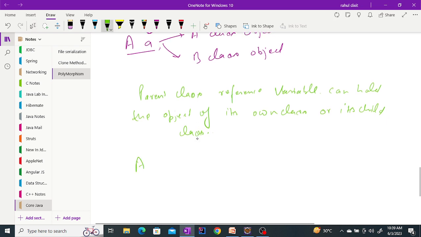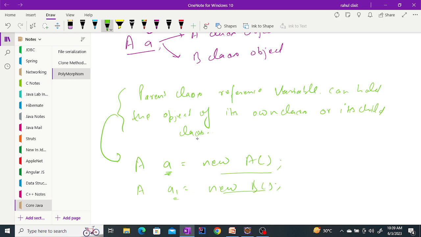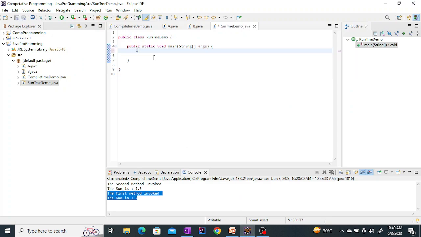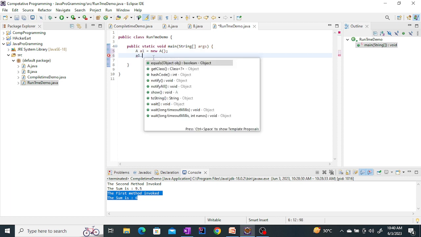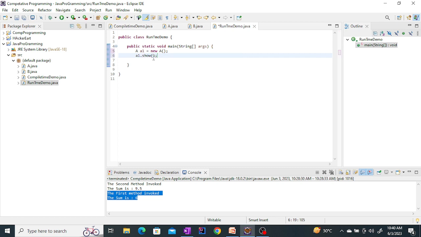So we can create A1 is equal to new A, and we can also create A1 is equal to new B. That is the phenomenon we are discussing here. A class reference variable can hold an object of its own class or its child class, or any number of depths of inheritance. So now if we create A1 is equal to new A, and I am calling A1.show, what is invoked here? I am show of A. And if I am again assigning a new object to this, new B,